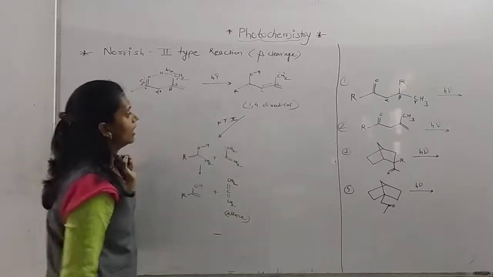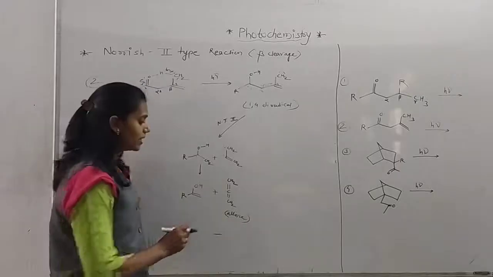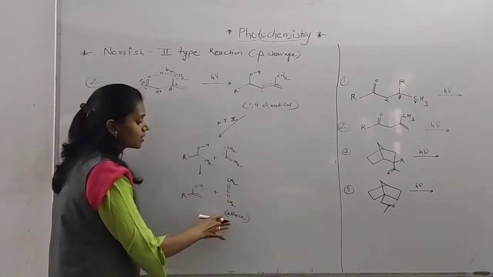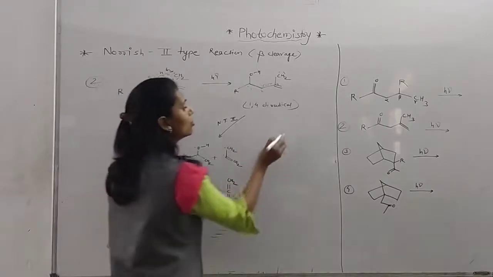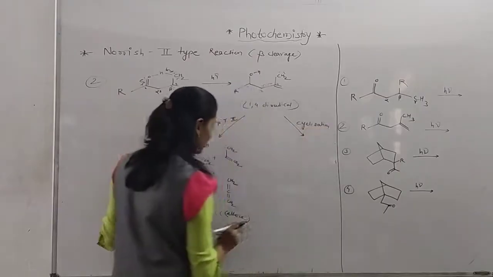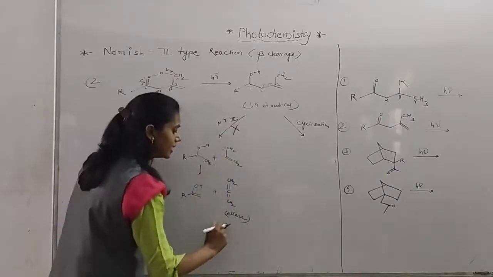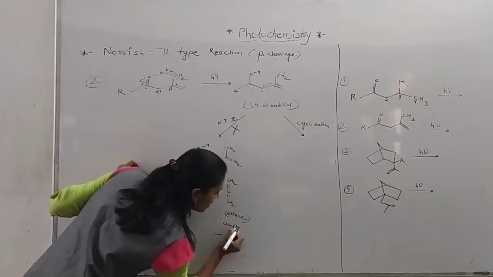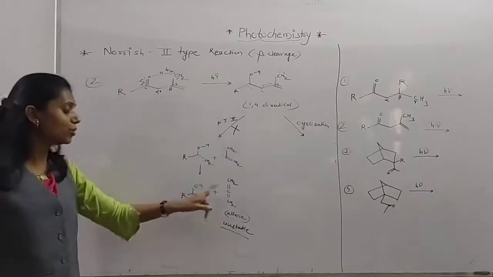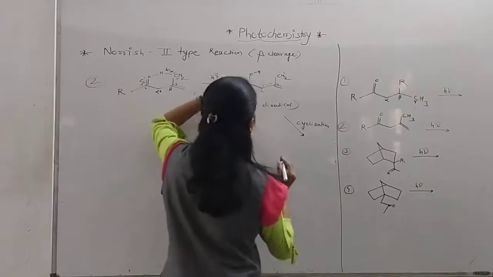Okay, and you know that an allene is less stable. Actually, it is less stable. So because of this condition, this product is less stable, we go through the cyclization, or we can say that this product is not formed. What is the reason behind it? This is unstable. This allene is unstable. Due to this reason, cyclization takes place here and we get the product like this.